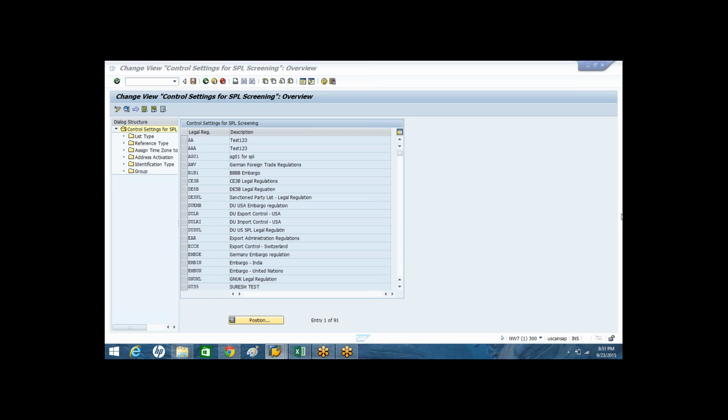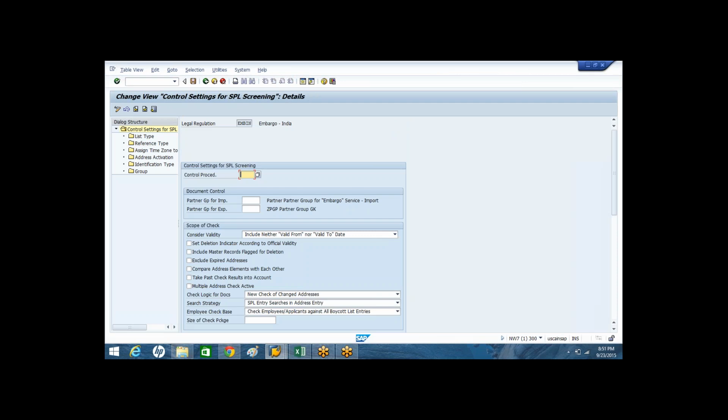Now, if you go to control settings of any legal regulation, whichever you would like to do, what control settings are you supposed to maintain at the legal regulation level? So the first configuration setting,